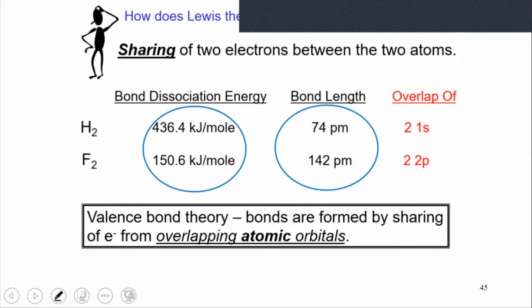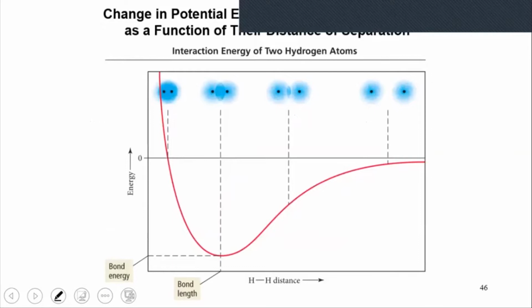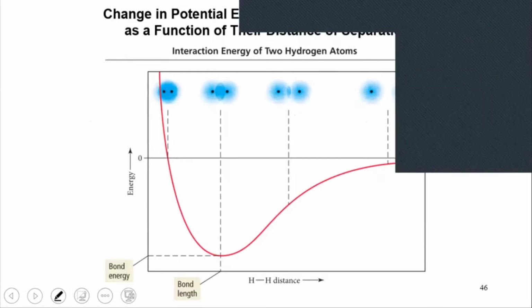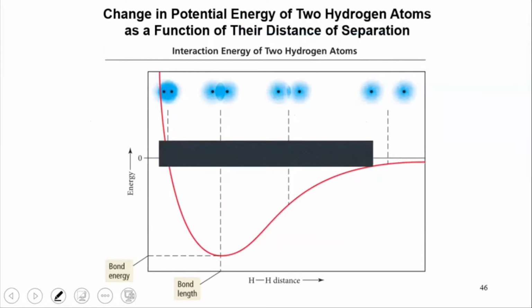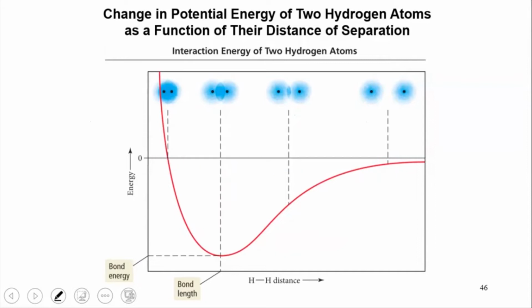Now, looking at how a chemical bond forms, and we discussed a little bit of this in that lecture that we kind of skipped over, but you can watch the recorded version of it. Let's say that we're trying to consider, let me get these controls out of the way, two atoms of hydrogen as they approach each other. So in other words, we're going to start here on the right side, and we're going to consider